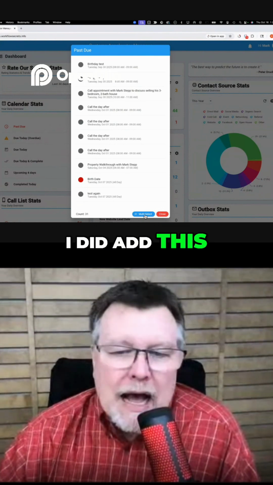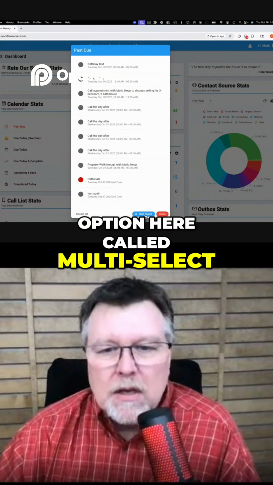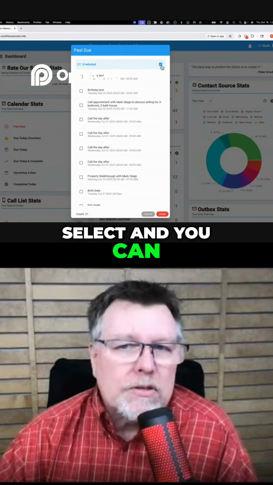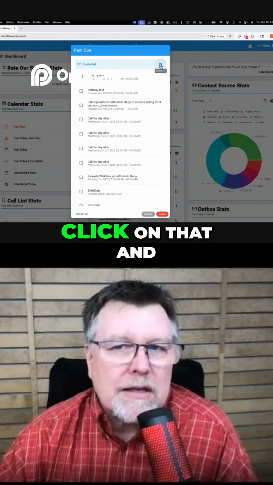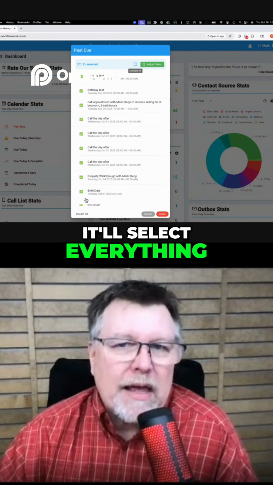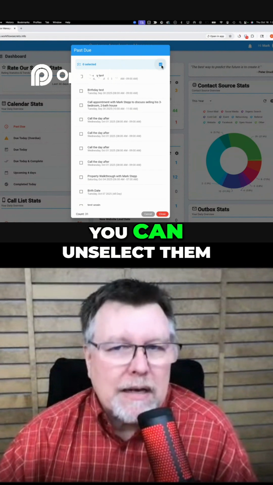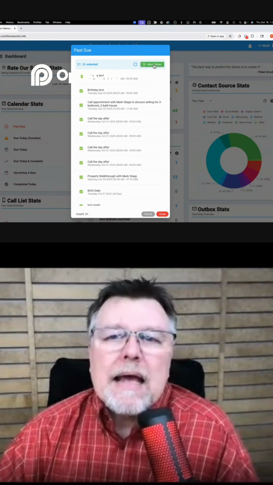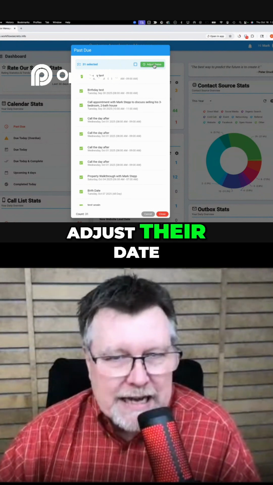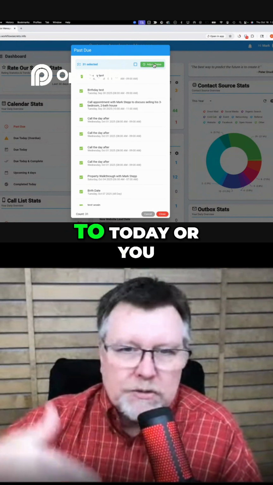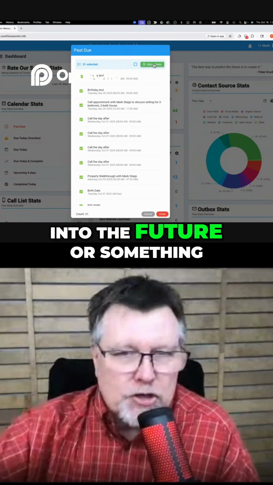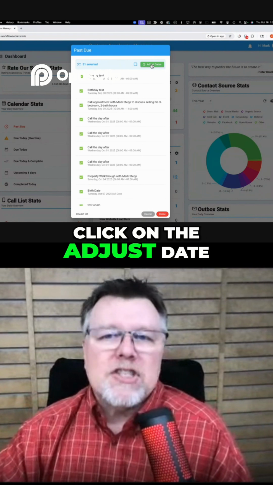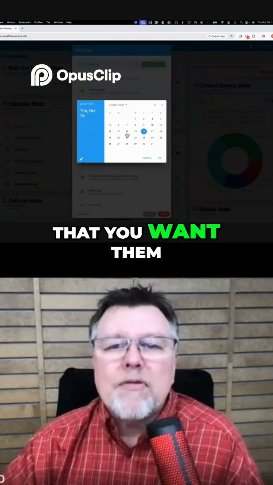I did add this option here called multi-select. So now you can come in here, you can choose multi-select, and you can use this button if you just want to move everything. You can just click on that and it'll select everything. Or if you want to unselect them, you can unselect them. But if you have a bunch of items selected and you want to adjust their date, maybe you want to move them to today or move them into the future, select the ones that you want to change. Click on the adjust date,